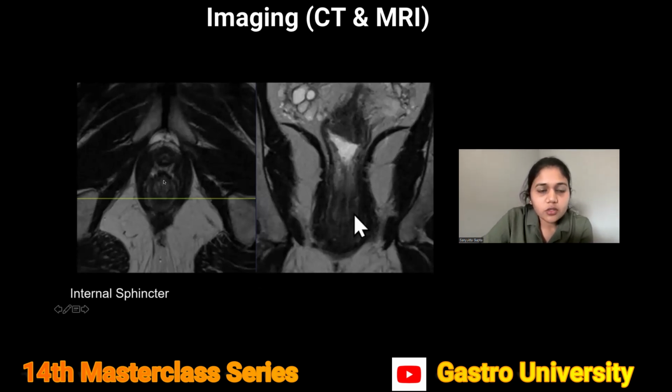Now, just to talk about the relevant anatomy in lower rectal tumors or the anal canal, involving the sphincter anatomy. The internal sphincter is a muscular layer, and we can see it as a hypointense layer. These are the axial scans, and these are the coronal scans. The intersphincteric plane, on the other hand, is a fat plane, considered a plane for resection. This is a fat-containing hyperintense plane. Then we have the hypointense external sphincter.